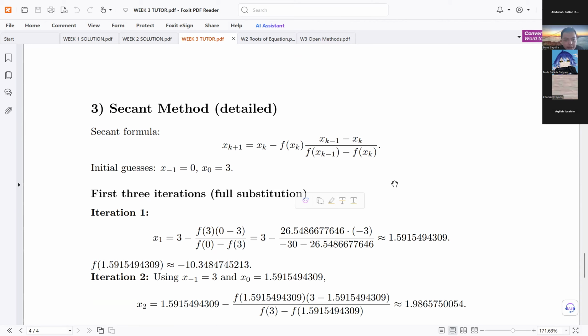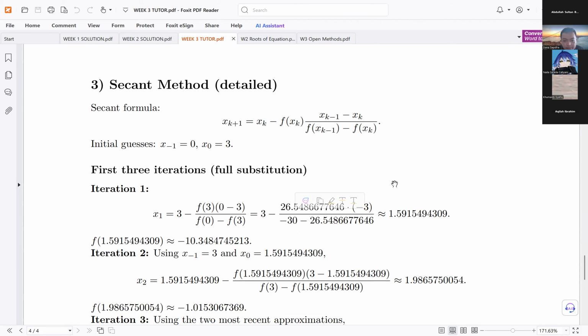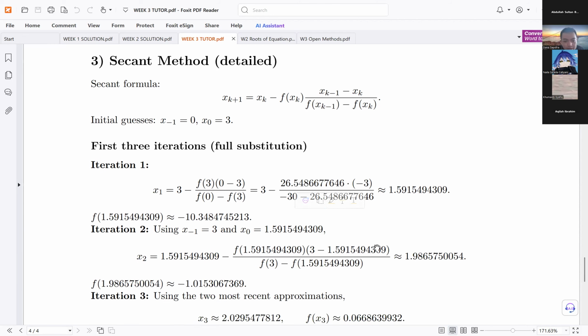So we have two initial guesses, from 0 to 3, and we get h for the first iteration is 1.59,